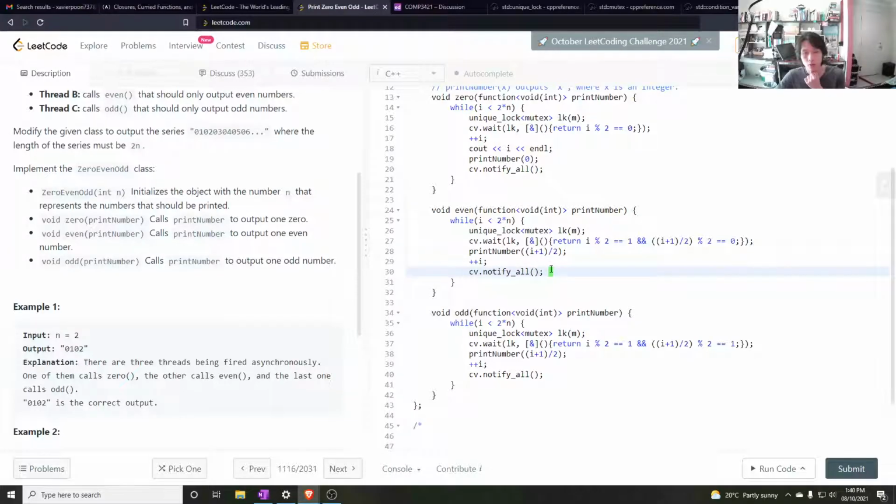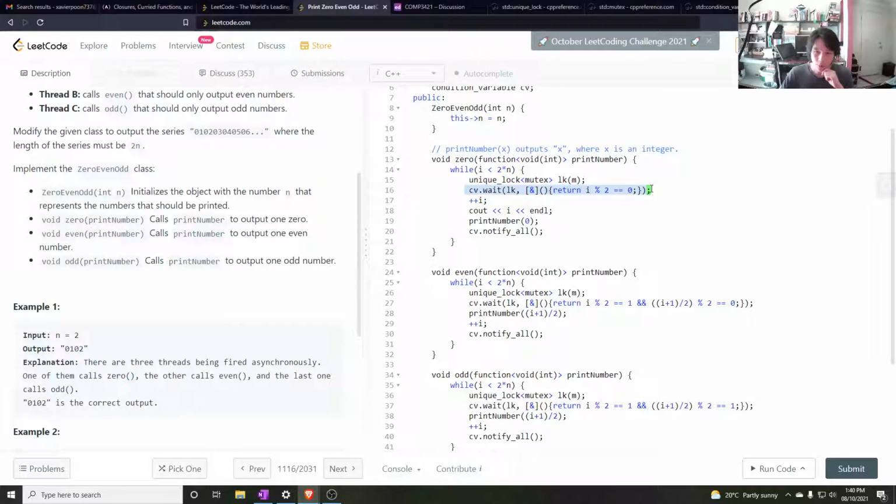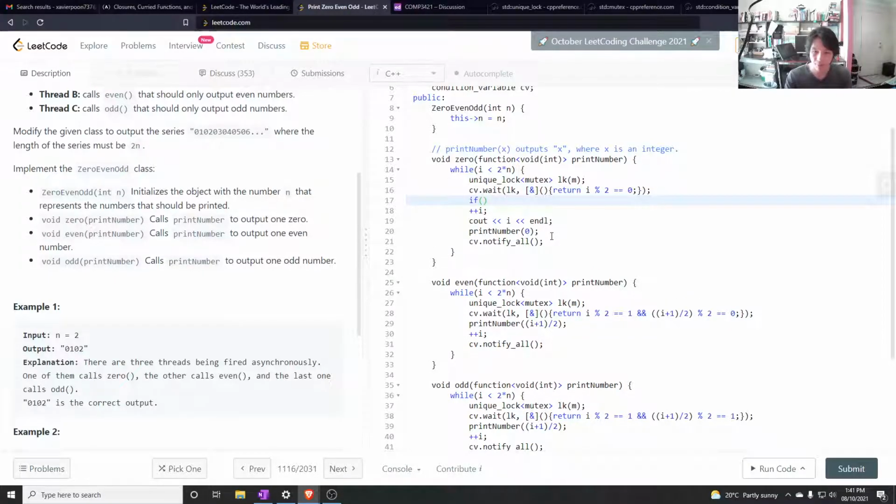And then I notify all. When I notify all, these are waiting here. They don't wait here. Ah, I see. When you notify all, these threads start waking up from this point onwards, and not from before the while loop. Does that make sense? So it's like, I have to check if I is